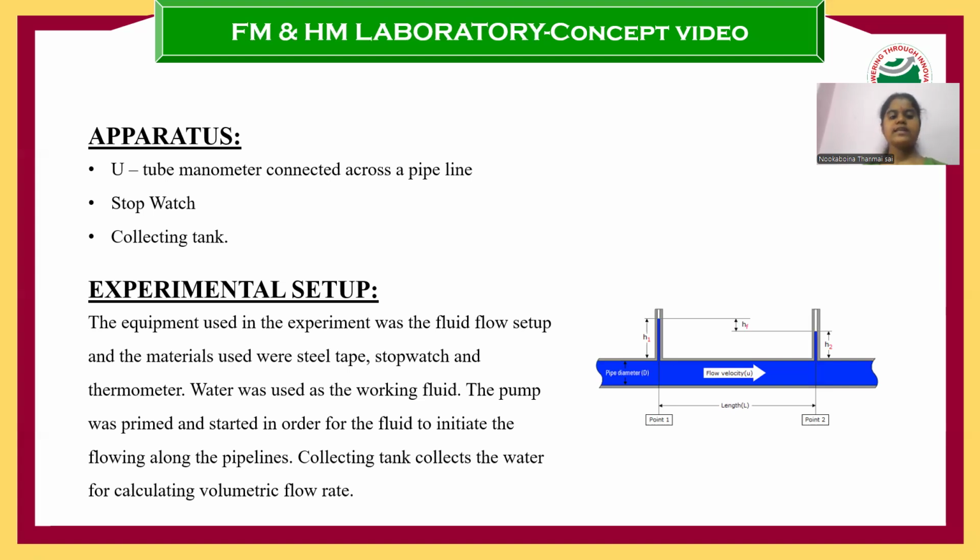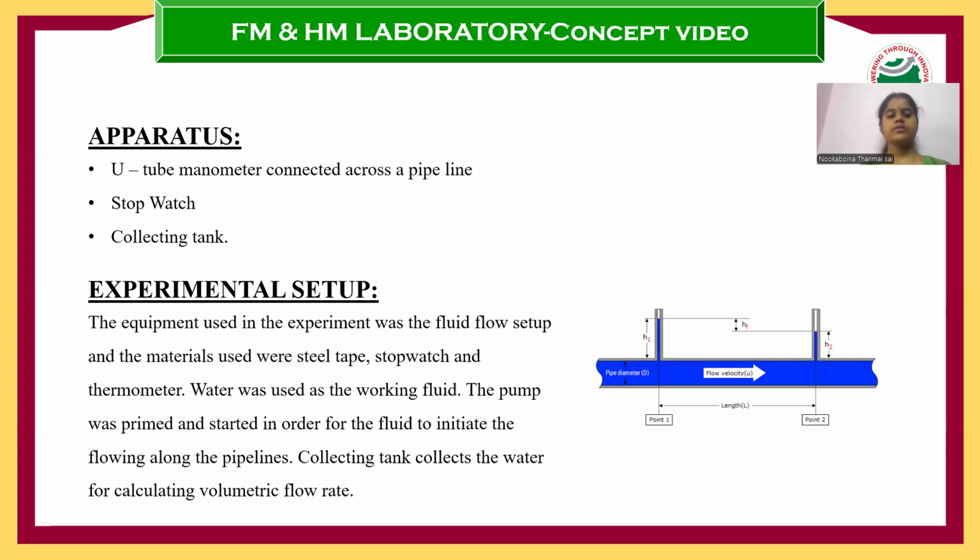Reynolds number is a dimensionless quantity that describes the ratio of internal inertial forces to viscous forces in a fluid. It is determined as Re = ρVD/μ, where ρ is the density, Re is the Reynolds number, V is the velocity, D is the diameter, and μ is the dynamic viscosity of the fluid.